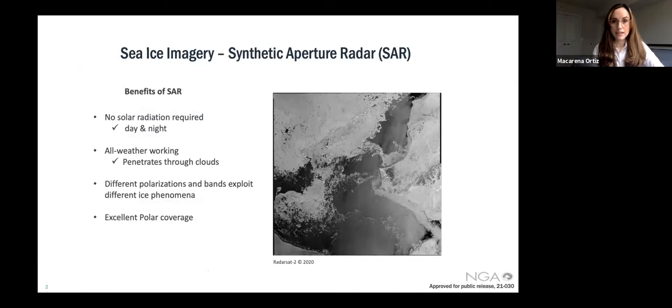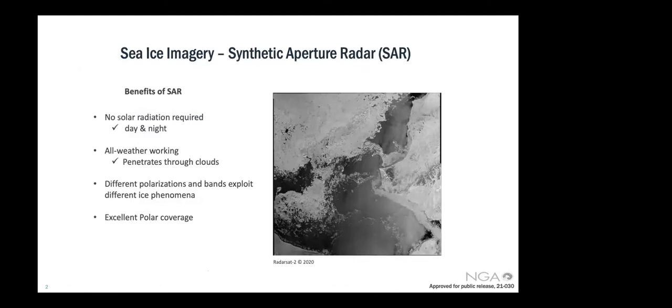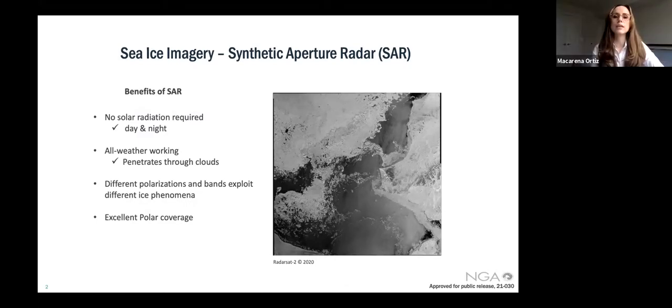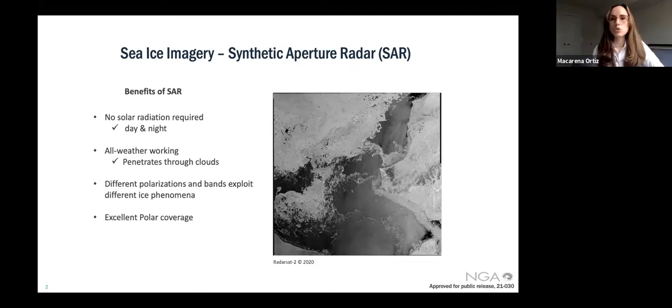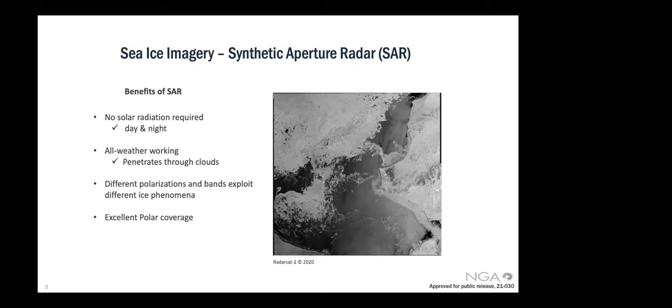So although a variety of satellite sensors are used for sea ice mapping, one of the most prevalent sensors used are synthetic aperture radars. The reason why SAR is so widely used, as Alexandra mentioned, is that no solar radiation is required since this is an active sensor and it uses its own source of illumination. So we're able to image over the Arctic and Antarctic regions during winter months where little or no sunlight is available in those areas. We also know that the Arctic is a very cloudy place, especially during the summertime.